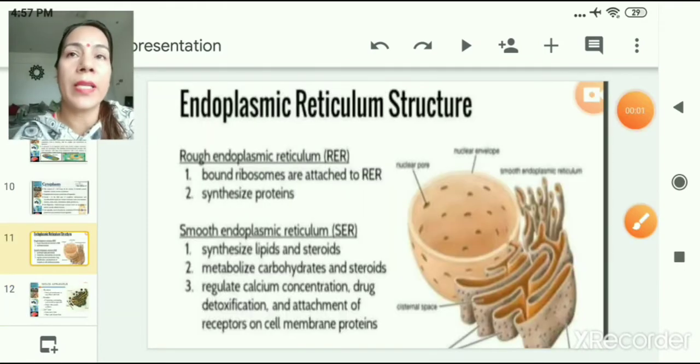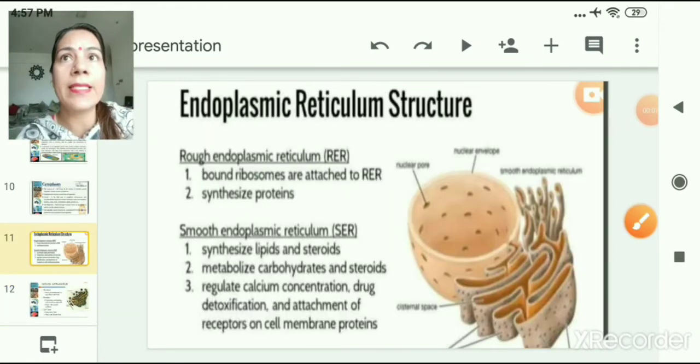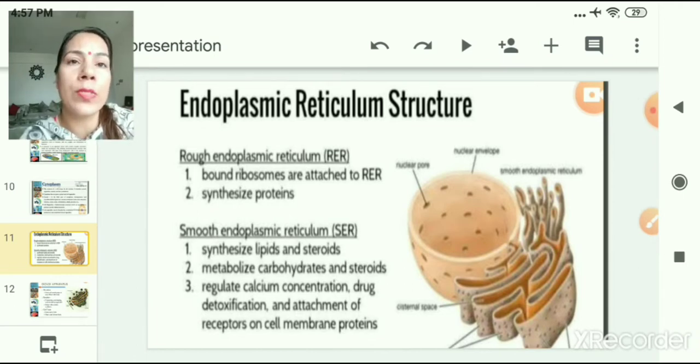The endoplasmic reticulum, also denoted as ER, is a large network of membrane bound tubes and sheets. It looks like long tubules and round shaped structures which are also known as vesicles. The endoplasmic reticulum is of two types, RER and SER.